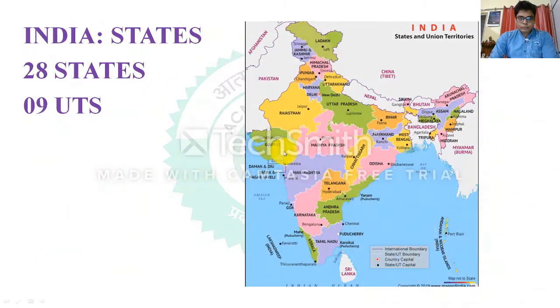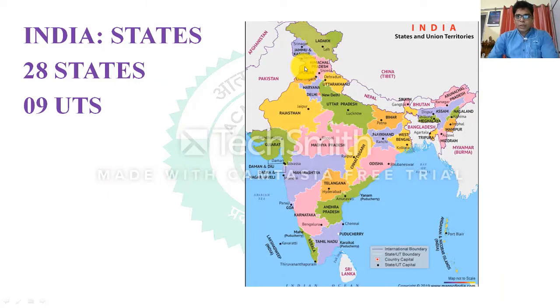Next, come to Indian states. After the abolition of Article 370 and 35A, we have today 28 states and 9 union territories. You can see that most of these are union territories. Firstly Ladakh, Leh, and Jammu and Kashmir also became part of this. Another is Chandigarh, then Daman and Diu, Dadra and Nagar Haveli. Then Puducherry, then Andaman and Nicobar, and here you can see Lakshadweep. So more or less these are our union territories.